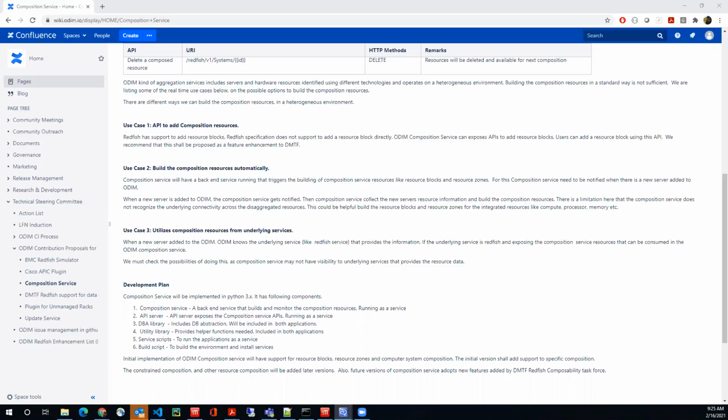But if you look at the classic definition of CDI, composable disaggregated infrastructure, the granularity could be quite granular. I could even partition off cores if I wanted to.